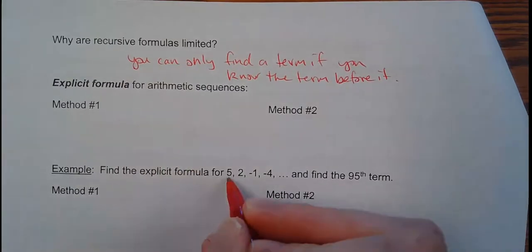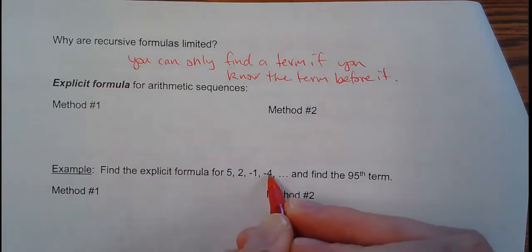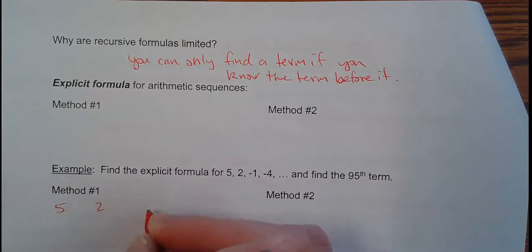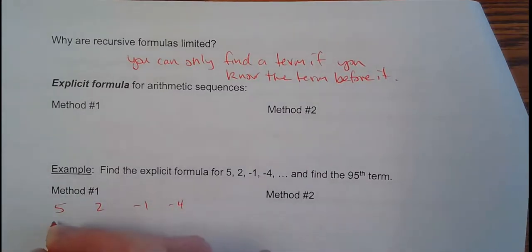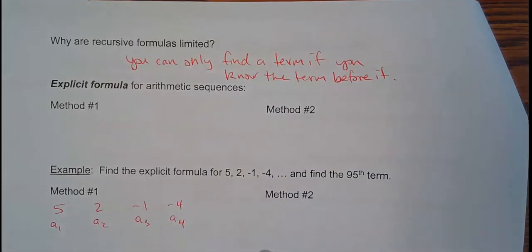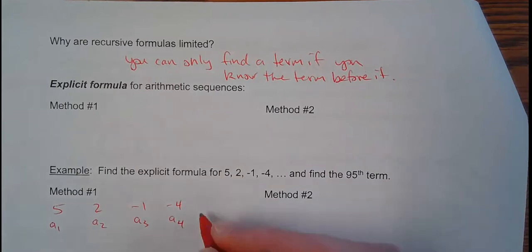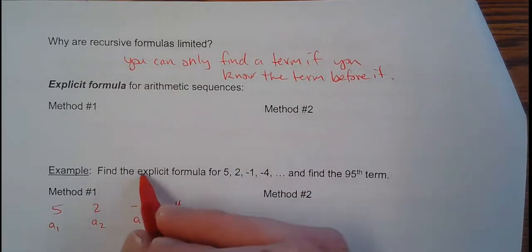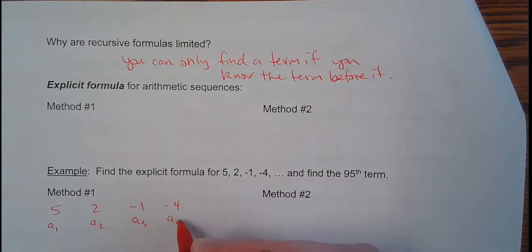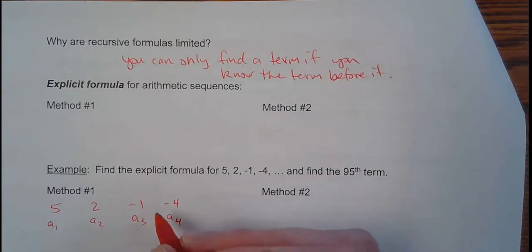But this first one here, if I'm going from 5 to 2 to -1 to -4, maybe I'll write this out a little bigger here. So this is a sub 1, a sub 2, a sub 3, a sub 4. So if I want to find the next term, well, I guess this is find the 95th term, so I've got to zoom ahead to the 95th term on this one. But if I wanted to find any given term,